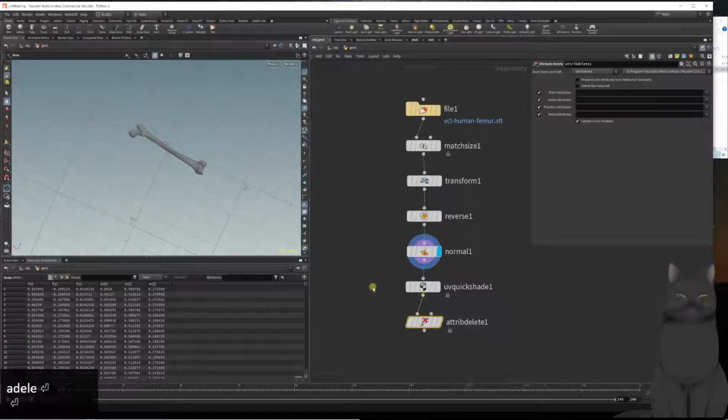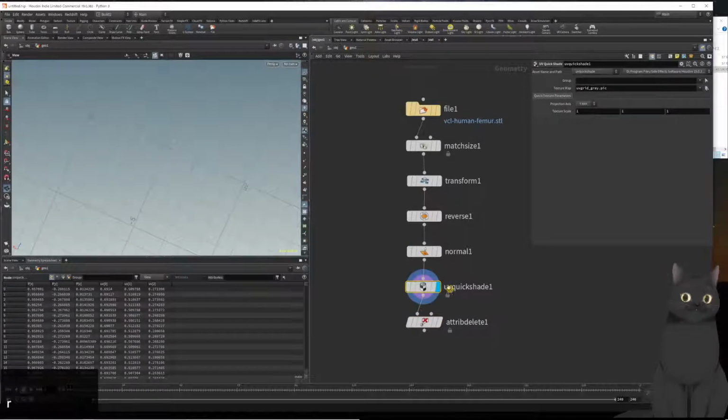Reverse the mesh and edit the normals. Actually, yeah, you don't need UV project, we can just go with UV quick shade and attribute delete. So UV quick shade needed to